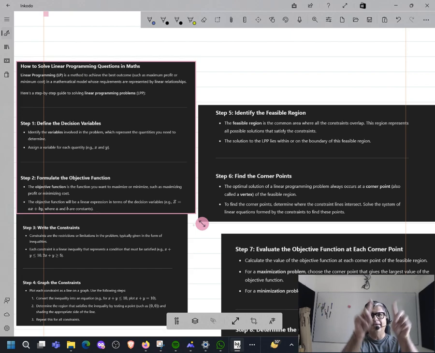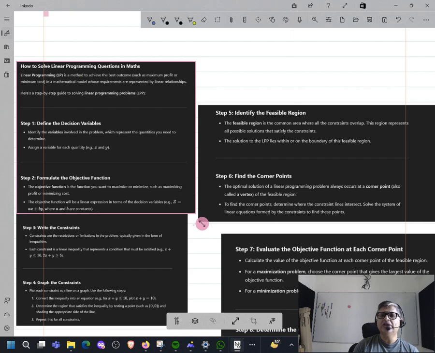Step number 1, read the question. The question itself will tell you how many chairs and tables will result in maximization of profit. If it doesn't say that, you anyway know that buying of table and chair is the main thing. How many? And therefore, the first step is to identify the decision variables. Okay? Step number 1. Step number 2, the objective function, which means the cost.